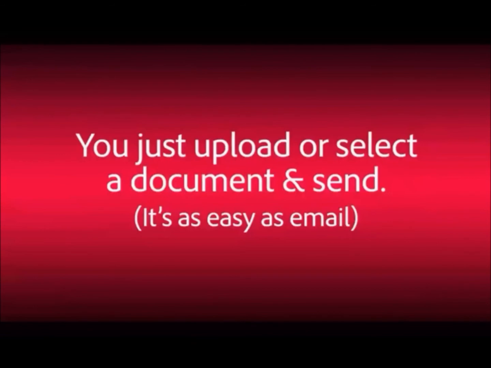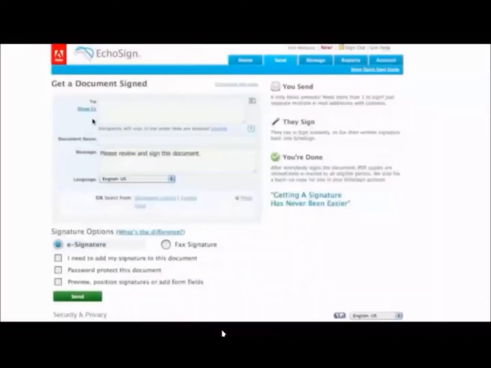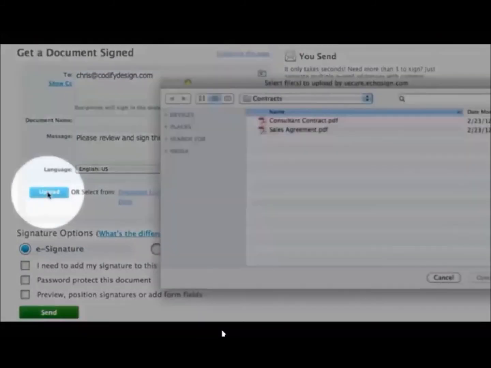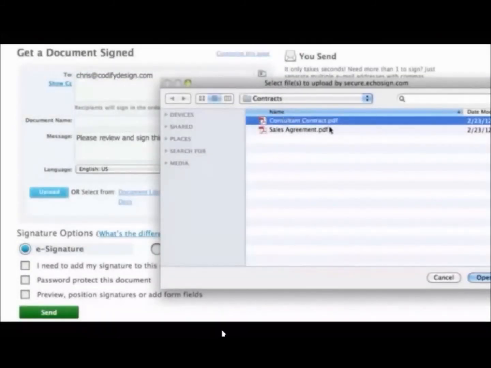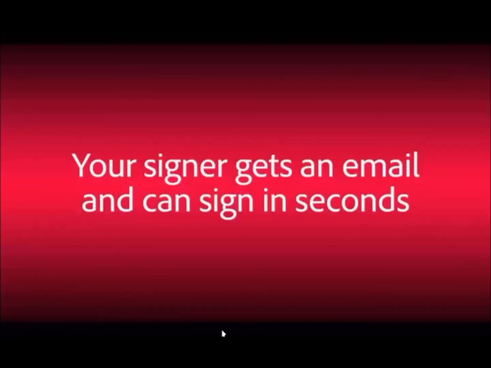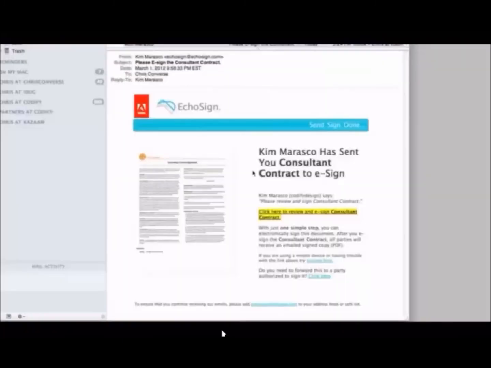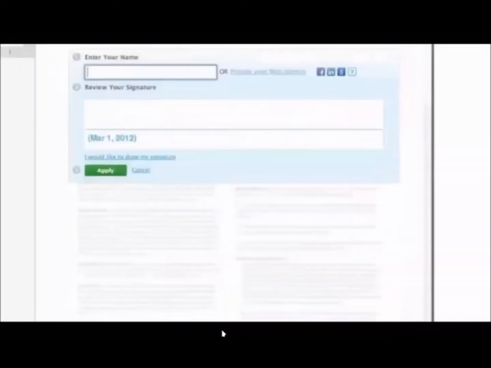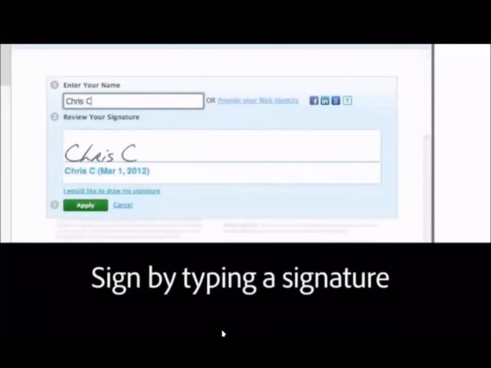It is as easy as an email. Sign by typing a signature.